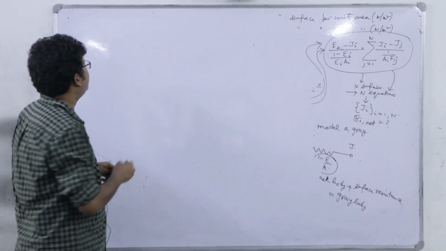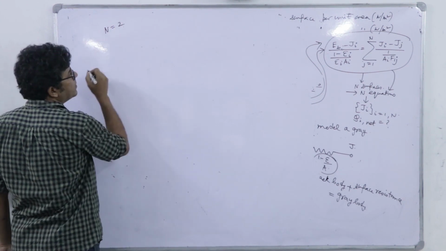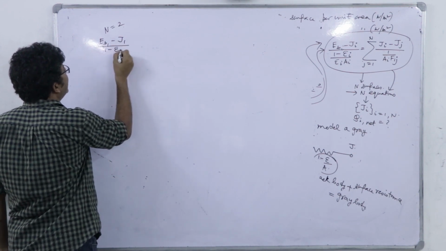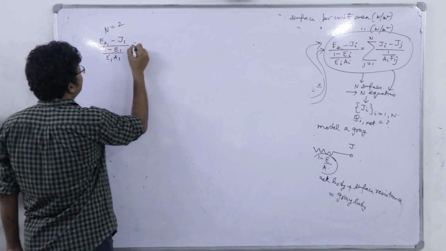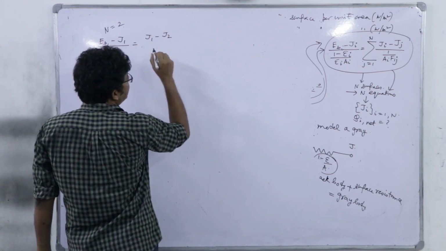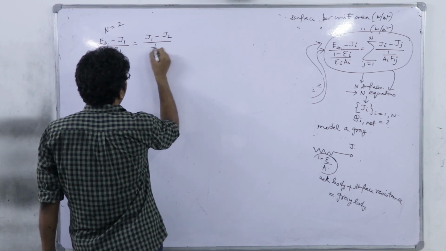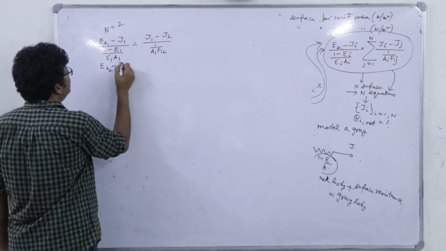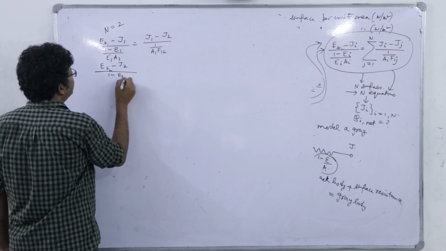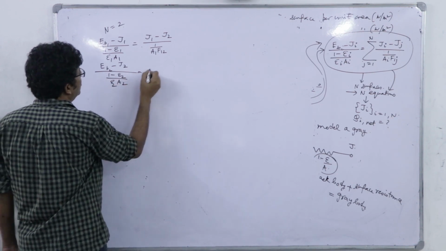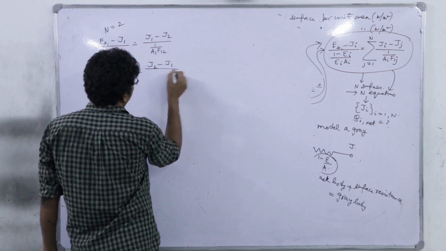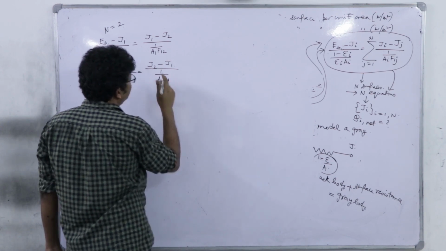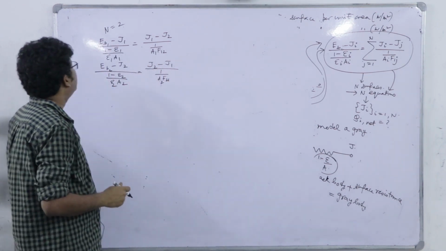So, let us say we have two surfaces only, n equal to 2. The equation will be (Eb1 minus J1) divided by (1 minus epsilon 1) by epsilon 1 A1, equal to J1 minus J1, which will be 0, then J1 minus J2 divided by 1 over A1 into F12. And for the second, that is (Eb2 minus J2) divided by (1 minus epsilon 2) by epsilon 2 A2, this will be J2 minus J1 divided by 1 over A2 into F21, which is the same as A1 into F12, right.